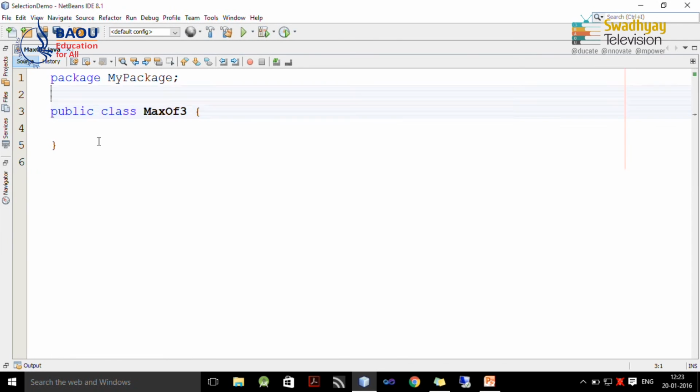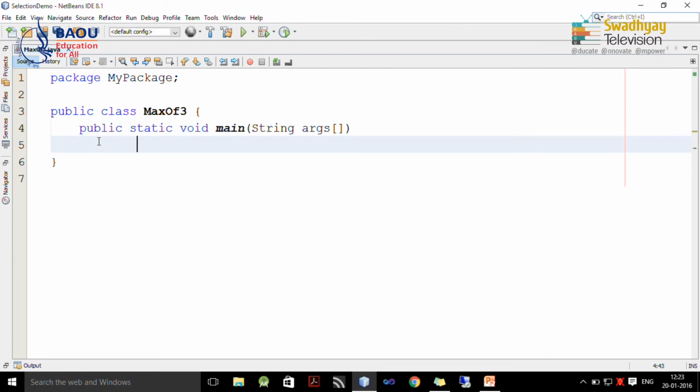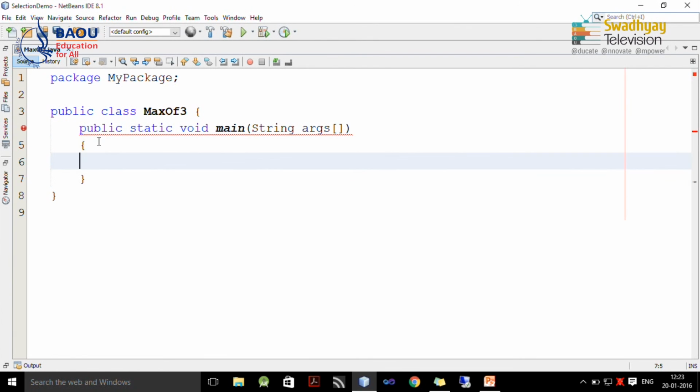Inside this class I am going to write the main method, which is public static void main, and it takes a string array as argument, and inside this main method we are going to write our code.